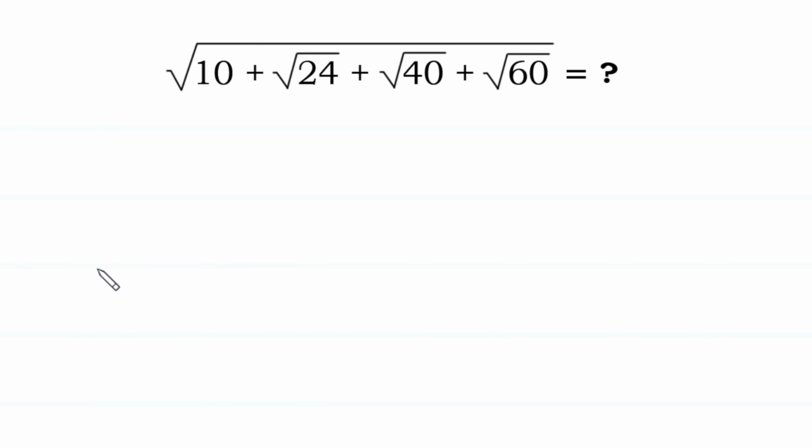Hello, welcome to how to solve this very nice square root math simplification problem. Square root of 10 plus square root of 24 plus square root of 40 plus square root of 60. This expression is equal to square root of